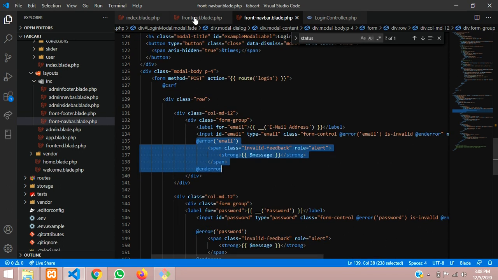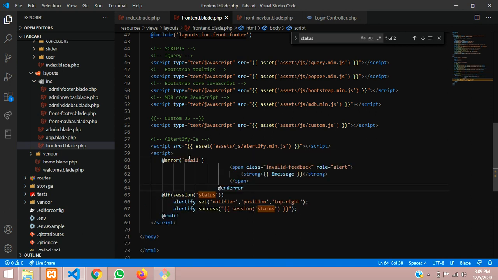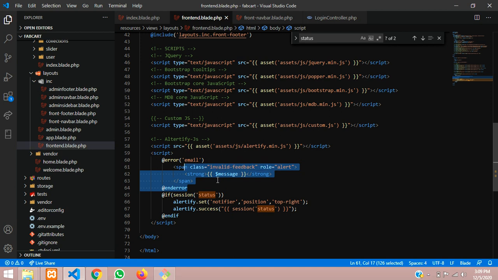Let's paste that below the script itself. Error email means if anything goes wrong, then you have to display the modal.